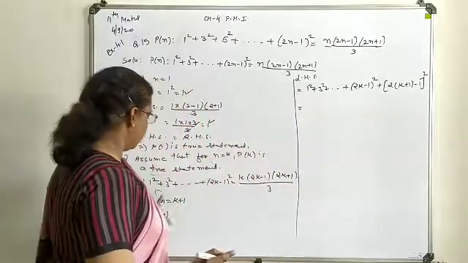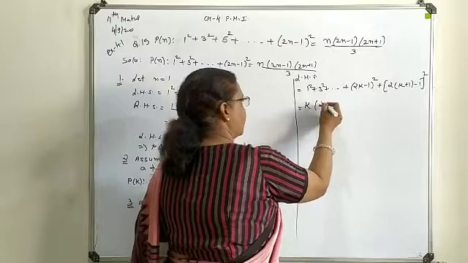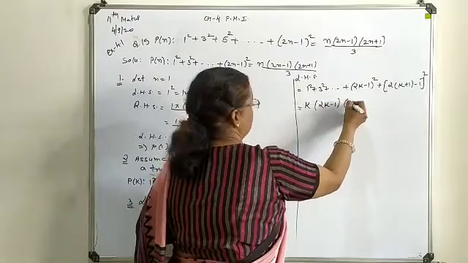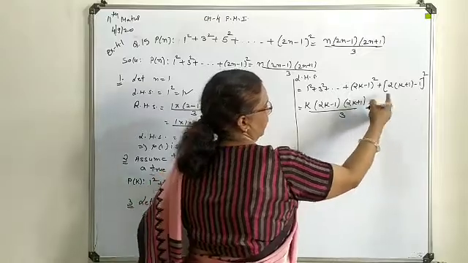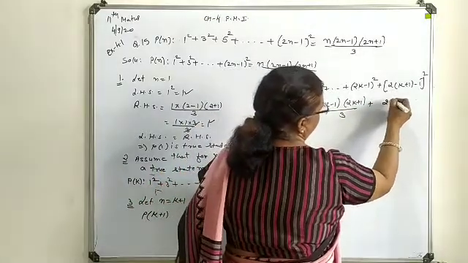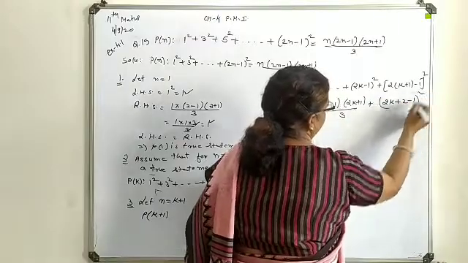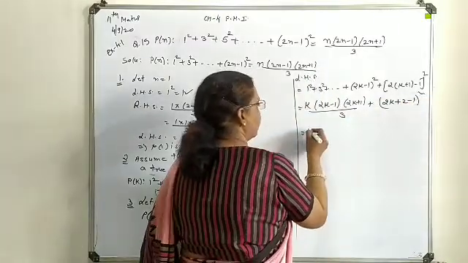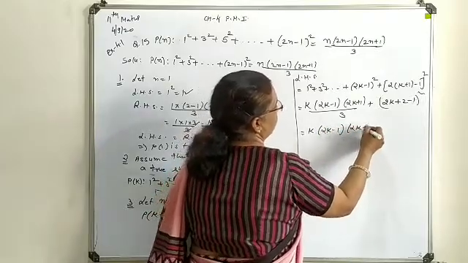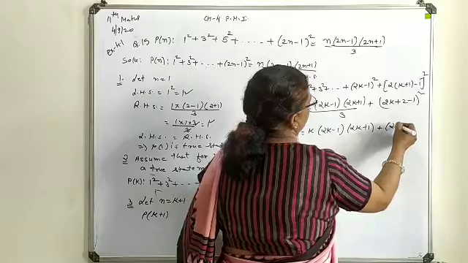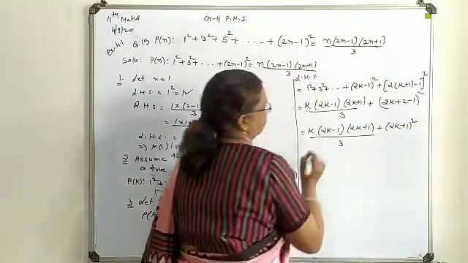As normal combination from 1 to k terms, this is to be written as k(2k minus 1)(2k plus 1) upon 3. Here make it multiply by 2, so this is (2 minus 1) whole square. So what we will have here? This is k(2k minus 1)(2k plus 1) plus (2k plus 1) whole square upon 3.